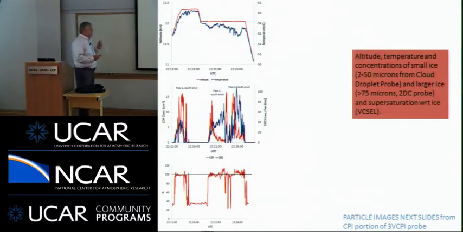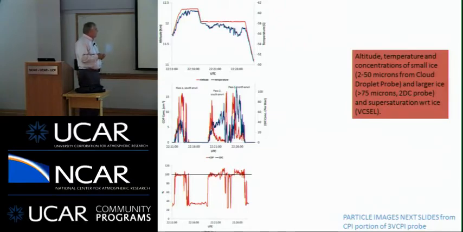So here's the first results from the in situ data. We've got the altitude here. Here's the first pass. We dropped down and made these two passes through the anvils I mentioned before, and then we went down and did some additional sampling. The red here is the concentration from the cloud droplet probe, CDP, with 15 per cc there. And the blue is from the 2DC, and that's 100 per liter. So these are very different scales here.